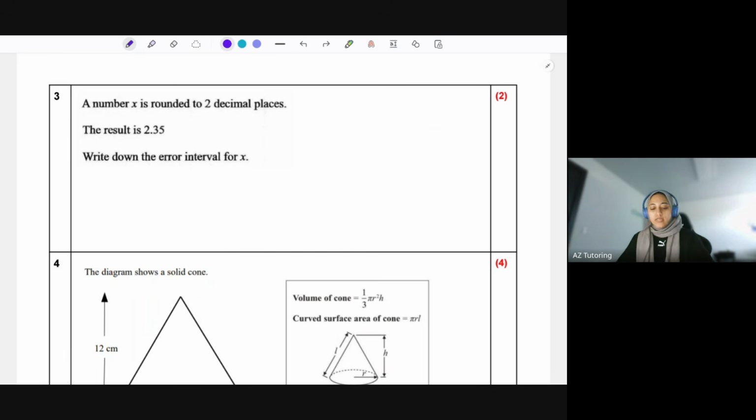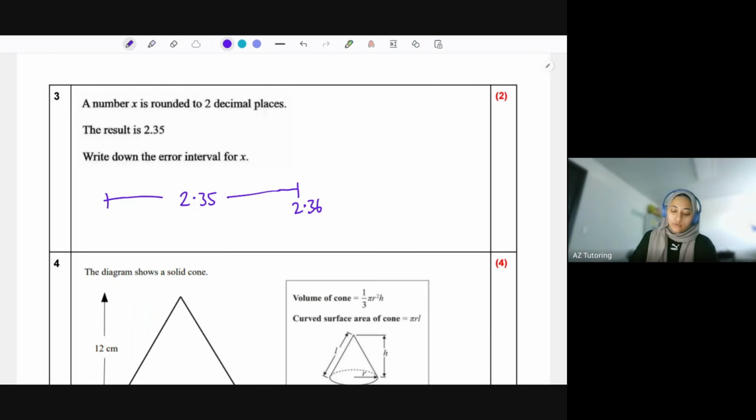Okay, question 3 says a number x is rounded to 2 decimal places. The result is 2.35. Write down the error interval for x. So this is essentially the same as upper and lower bounds. Error intervals are the same thing. So you might have a different way to do it than I do it, but this is the way that I show students. So since it's to 2 decimal places, I'm going to be adding 0.01 to the number and minusing 0.01. So 2.35 add 0.01 is 2.36, and then 2.35 minus 0.01 is 2.34, and then our error interval